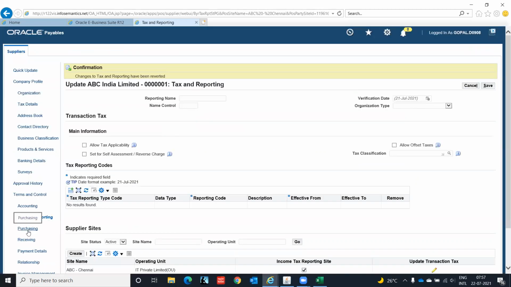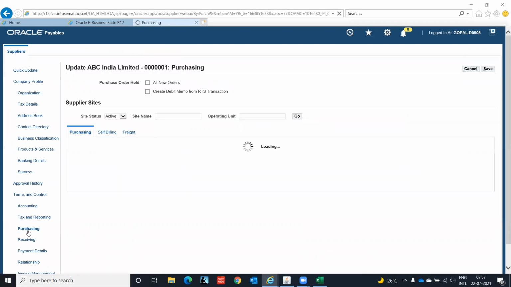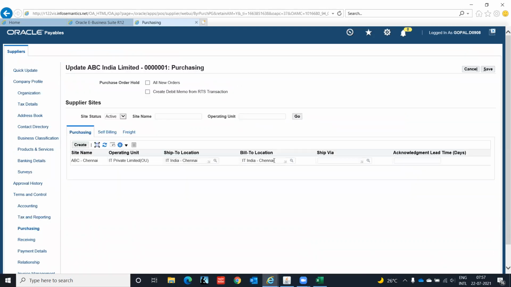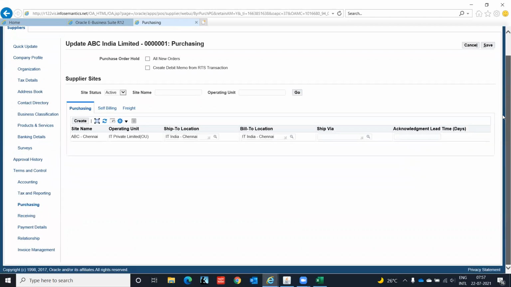Okay, then if we are using the purchasing module, we can very well assign over here the purchasing related details.